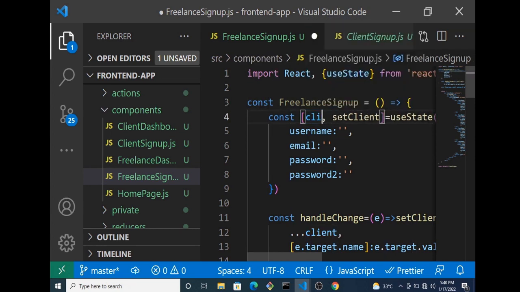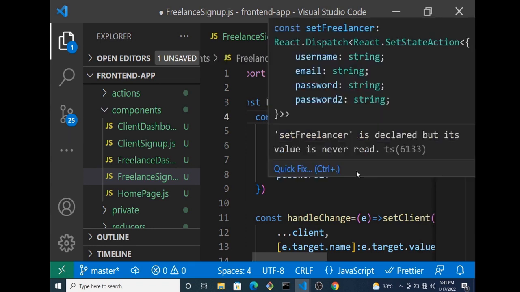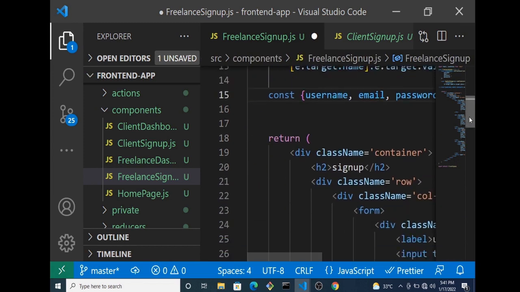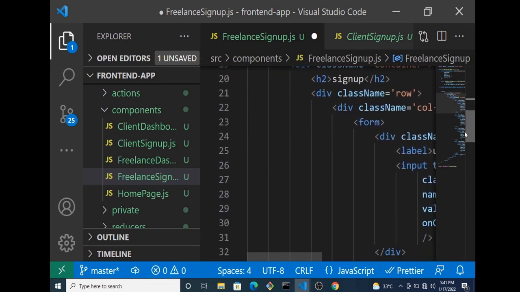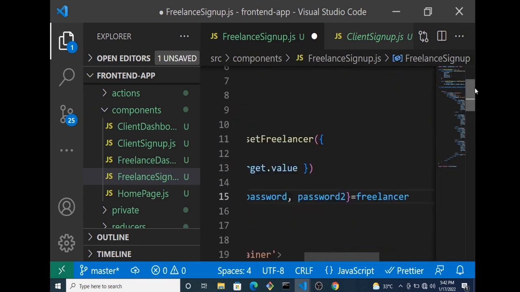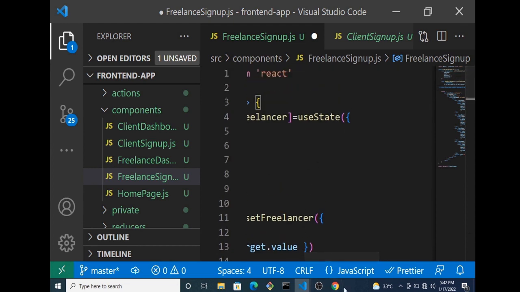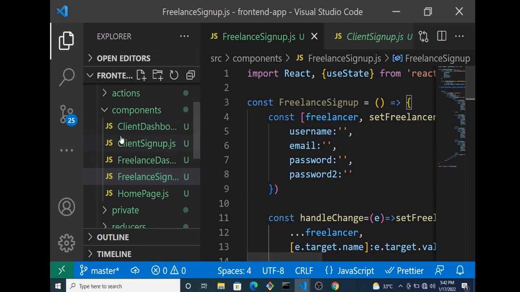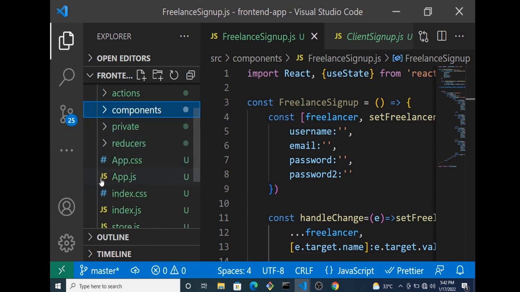Client, we just change it to freelance. So everything is in the same form. Alright, so that gets our freelance sign up page set up. We can save this, and in our app.js